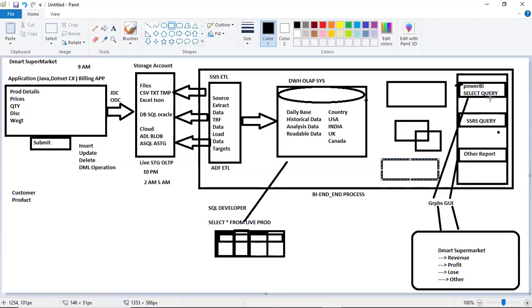They always required data in aggregated form. That means the end user will never see which customer purchased what product. They never see it at customer level. They always see the data at a high level, like yearly sales, monthly sales, product-wise sales, or daily revenue, how much they're generating. At this level they're going to filter, and based on this year-wise or monthly sales, they will be analyzing the data.